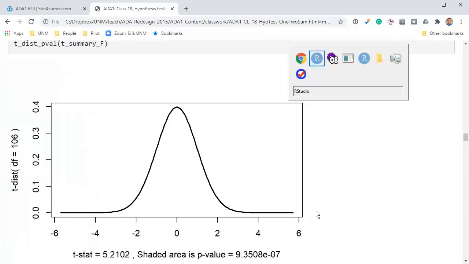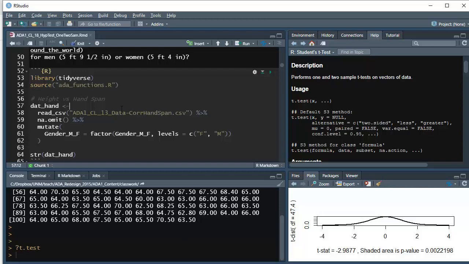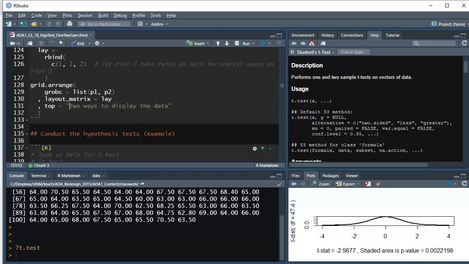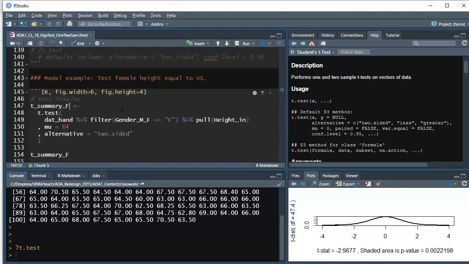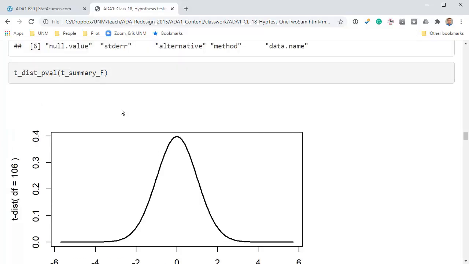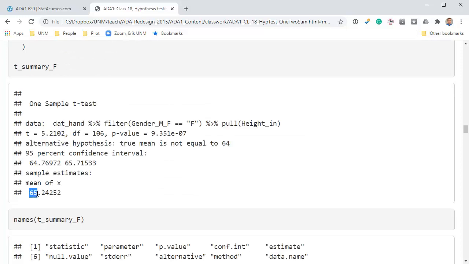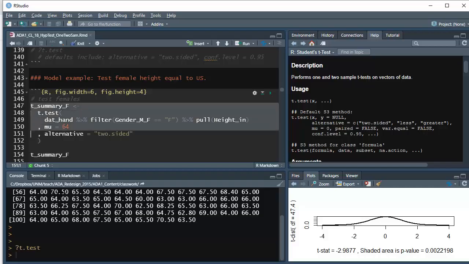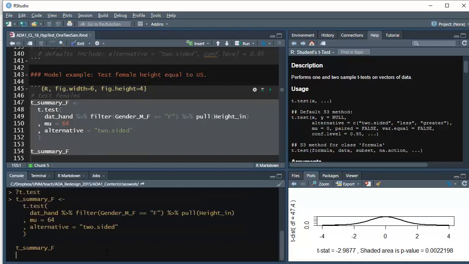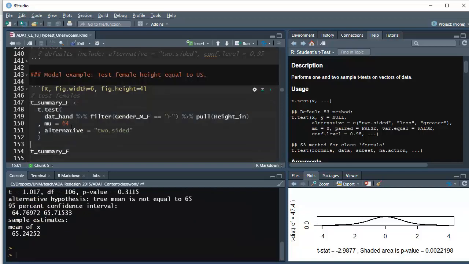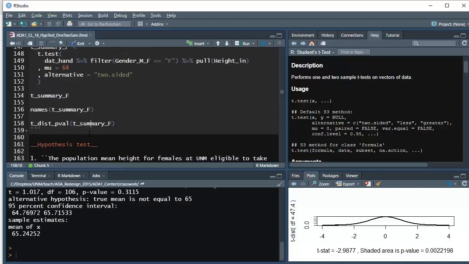It is nice to see an example where the curve is not so flat. One way to do that would be to, let me just do an example, let's choose a mean that's closer to the actual mean height. So let's see, our observed mean was 65, so let's do that number instead. I'm going to copy this down here. Okay, so this is just for demonstration purposes for us. If instead of 64 inches, we were wondering if females were a different height than 65 inches,